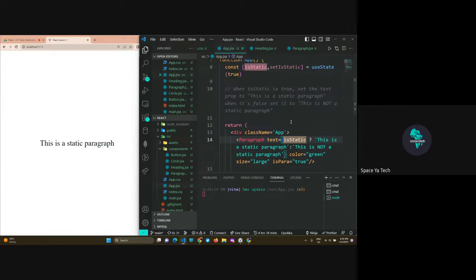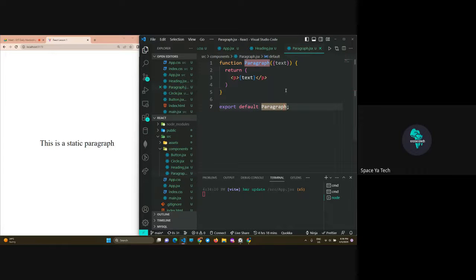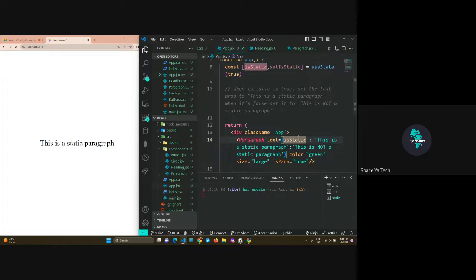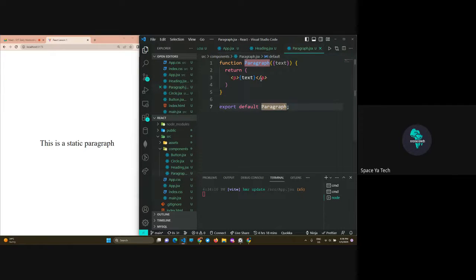Okay. So let's do one more. Now within the paragraph, we know we are also getting a color prop, which is green. We want to change the color of the paragraph text to green. So obviously the first step would be to get that prop color. And now here,